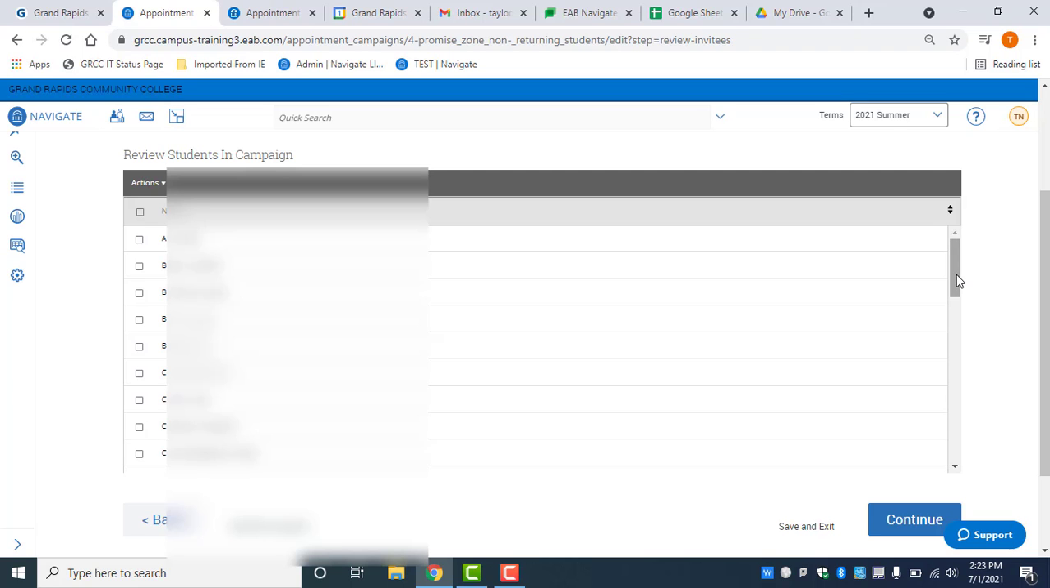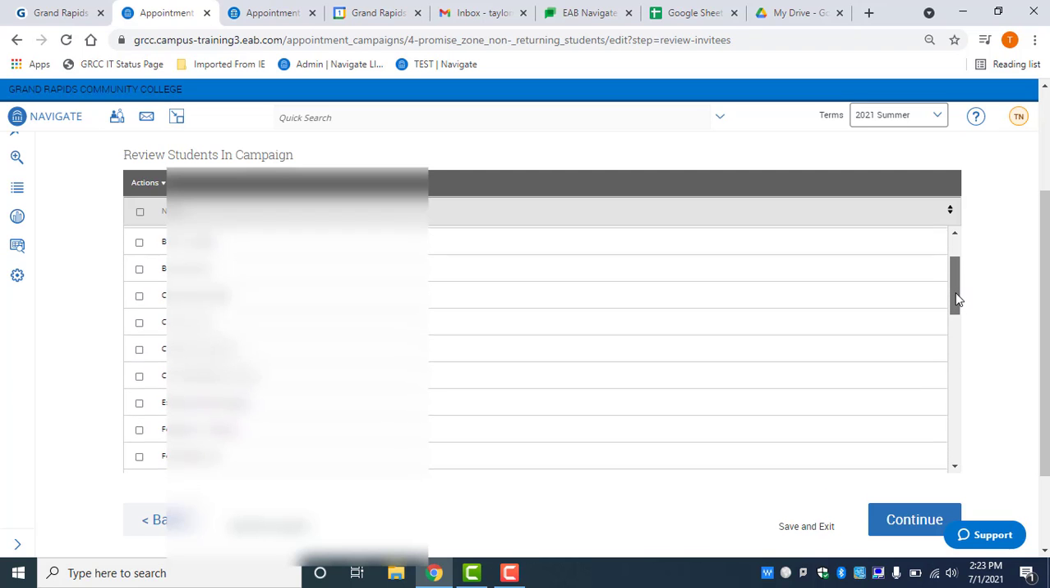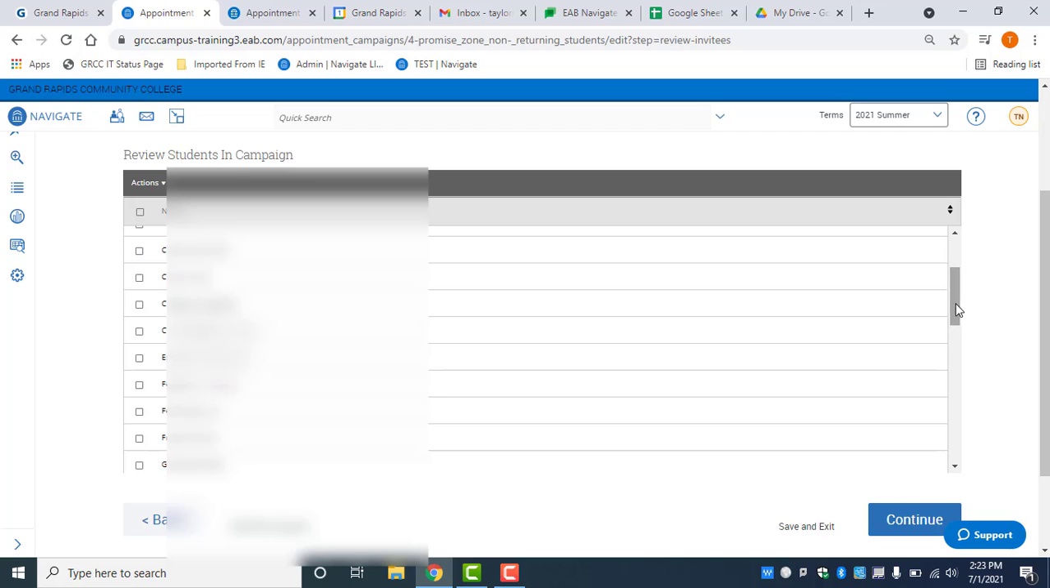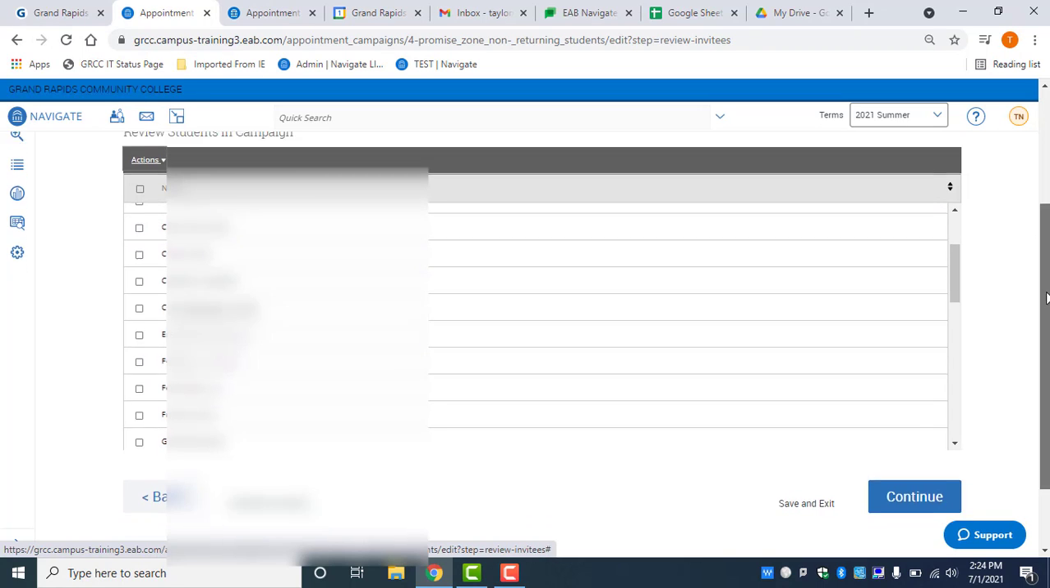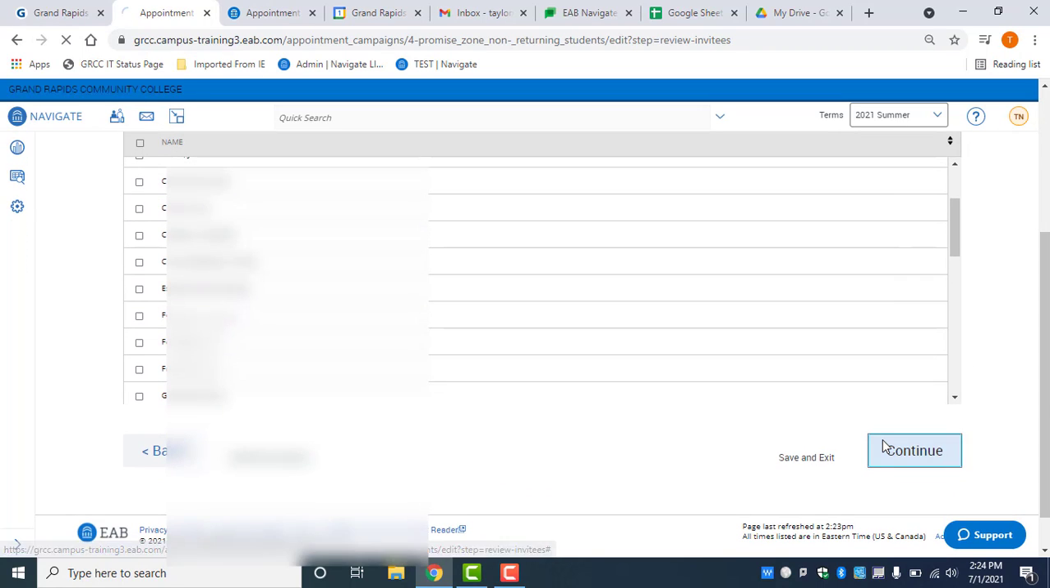So let's say you know that you've already spoken to a couple of the students on this list. You can take their names and just click on it, hit actions, and then you can hit remove selected users. So let's say you're like, I've already talked to them, I know why they're not returning, I don't want to send this out. You are welcome to do that, or you can just leave it going to all of those students. Then you'll hit continue,